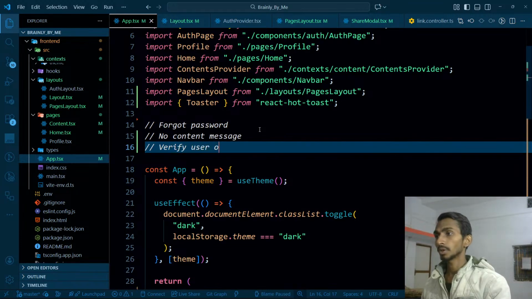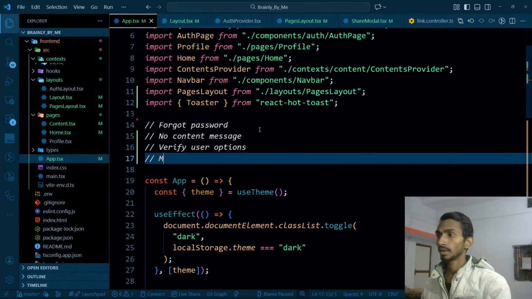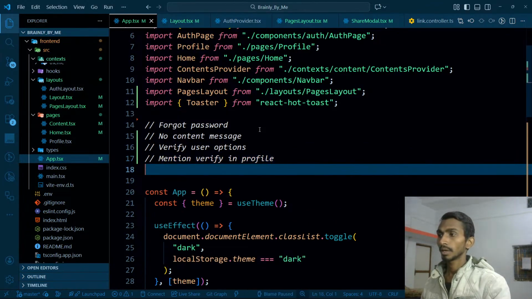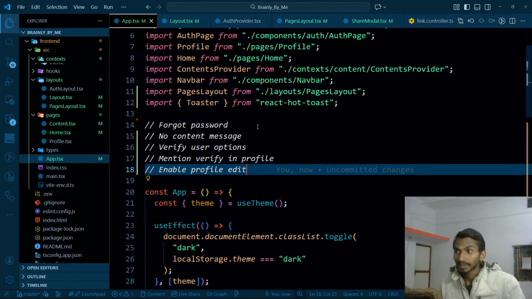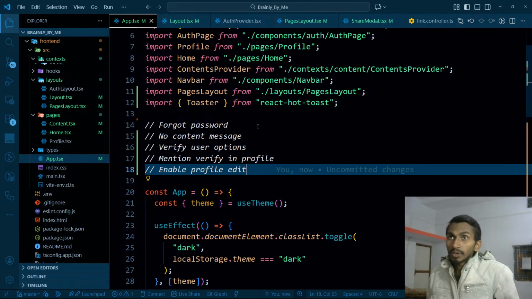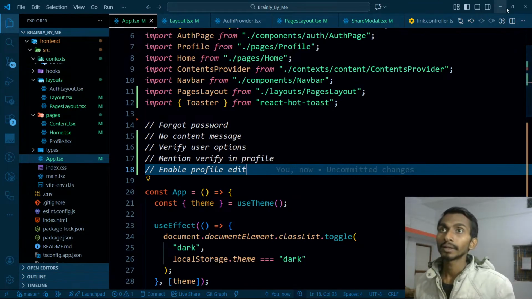Verify user option. Mention verify in profile, and enable profile edit. These are the features that I'm yet to add, but overall the website is working really fine, and